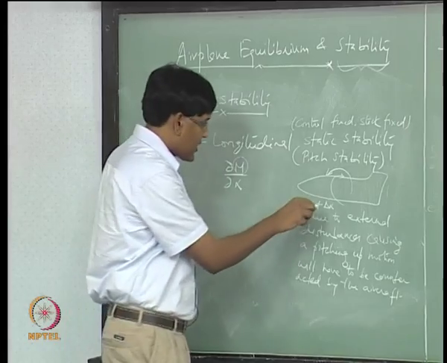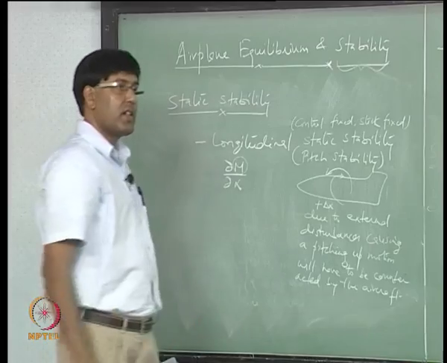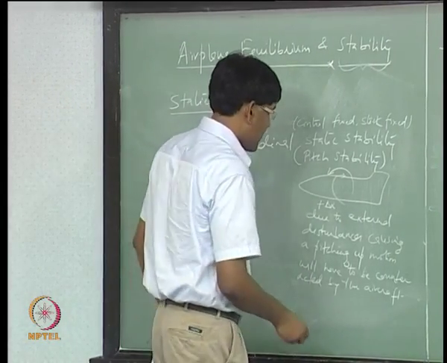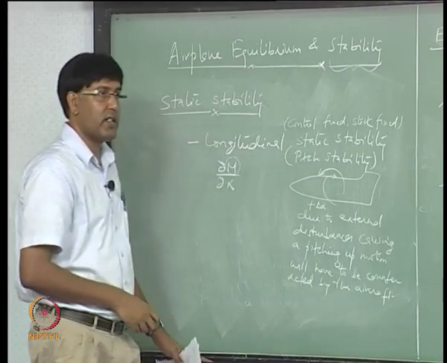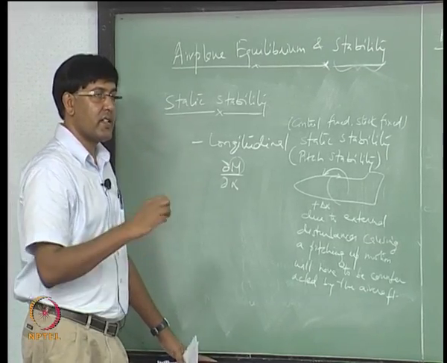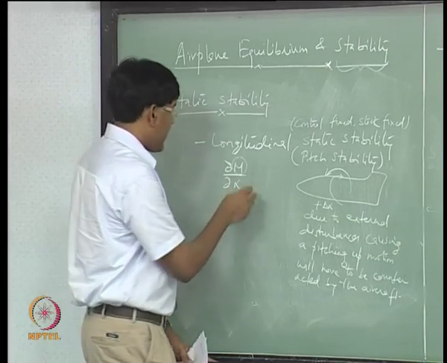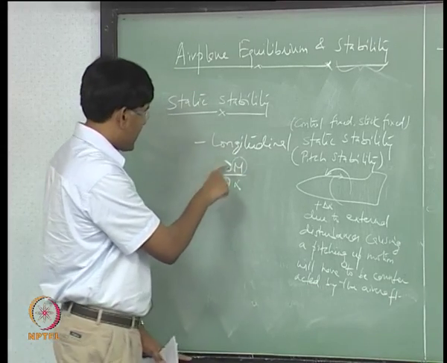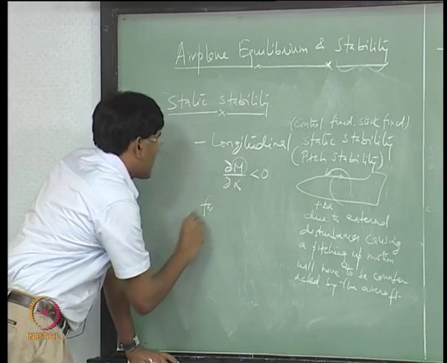So, what you see here will be a statically stable condition. The aircraft will have a natural tendency to generate a restoring moment which will try to kill this delta alpha, and that is when we will say that the aircraft has static stability properties. Writing it in mathematical terms, this derivative must be less than 0 for